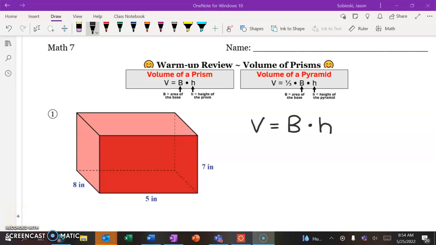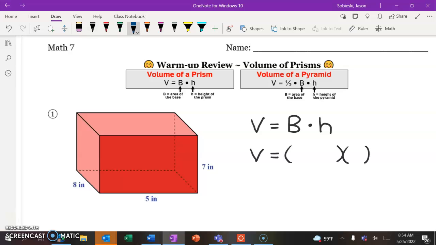Alright, so when we calculate the volume of a rectangular prism or a triangular prism, we're going to use the formula volume equals big B times H. Big B is the area of the base, H being the height of the prism. So when we go to take our formula and substitute our values in, the first thing that we are going